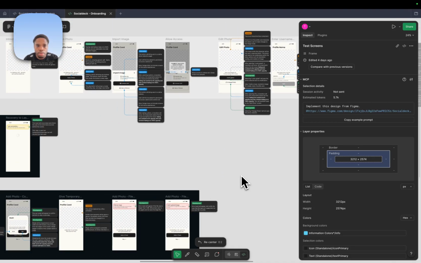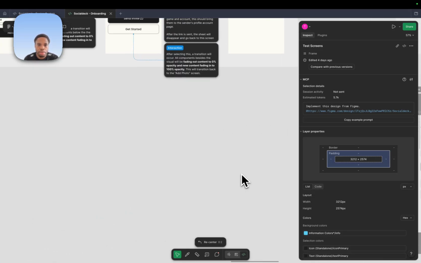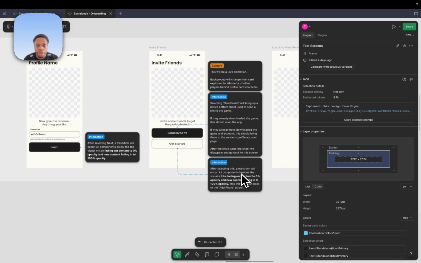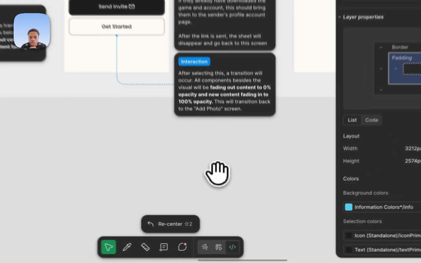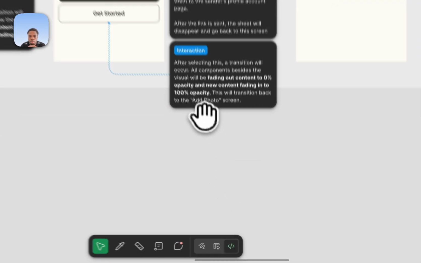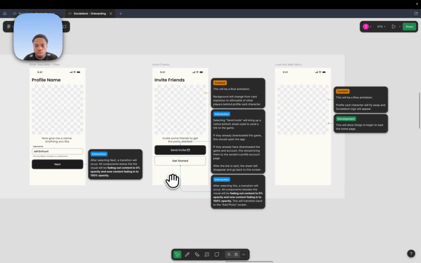But the screen I'm working on today, that I'm going to be setting up the backend for, is the invite friends page, right? So that's the screen right here. Make sure to read a little bit about the screen, selecting invite, what it should do. It will bring up the nav bottom sheet bar, used to send a link to the game. So that's just some context of what it would be used for, right? But for the context of this video, it's just to get a feel of how to set up the backend architecture for it. So step one is to read the content and interaction